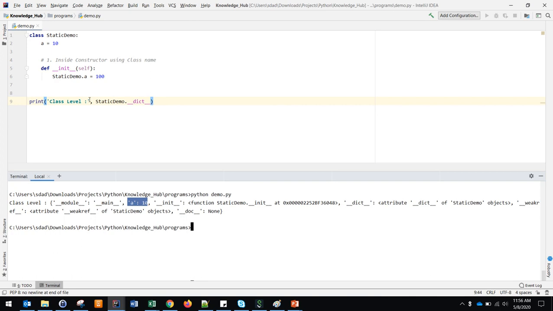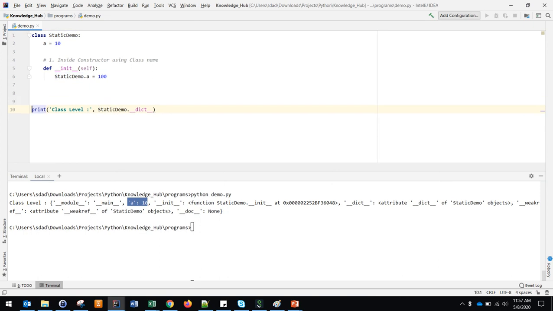Because we have not created an object. The constructor is going to execute only when we create an object. That time only the constructor is going to execute. In this case we have not created any object, so the constructor is not executed. So the default value for a is what is printed. Now let's create one object, object1